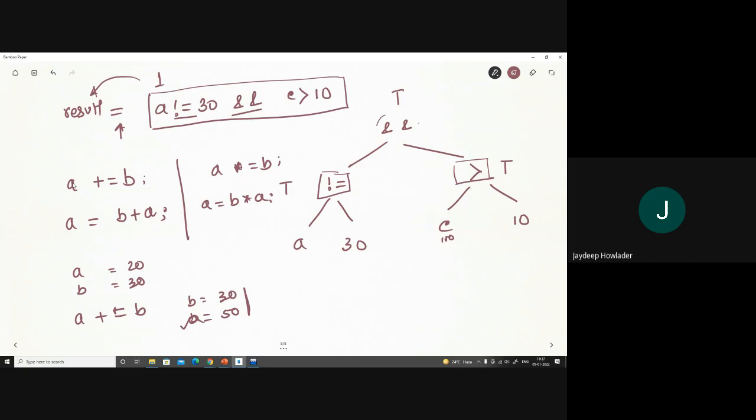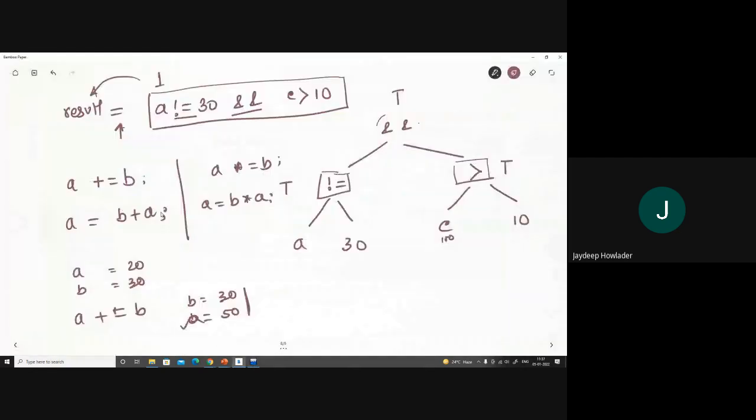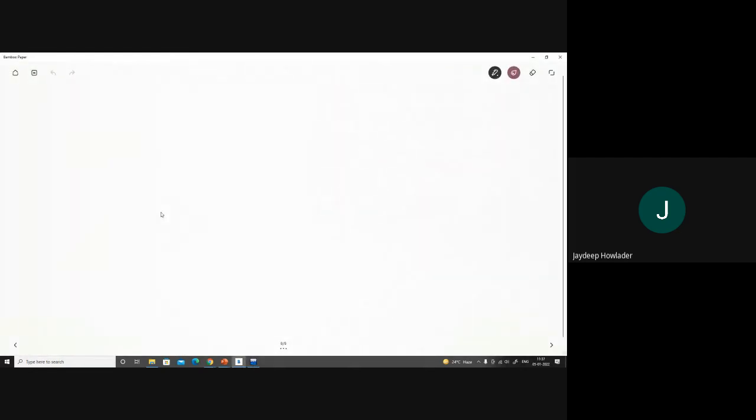Okay. And finally, yes, there is another logic operation. Just to make the difference between the two logic operations. One is called logic AND. This is called the logic OR.